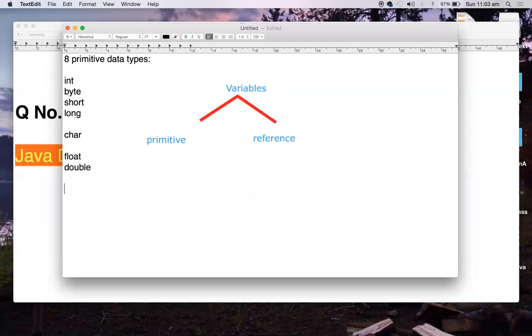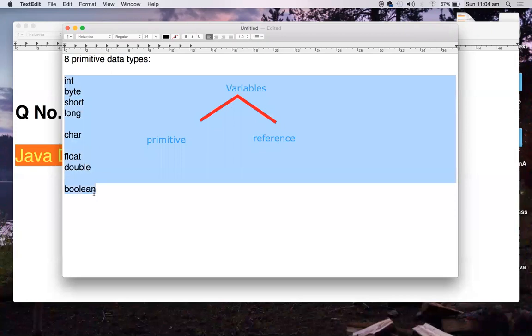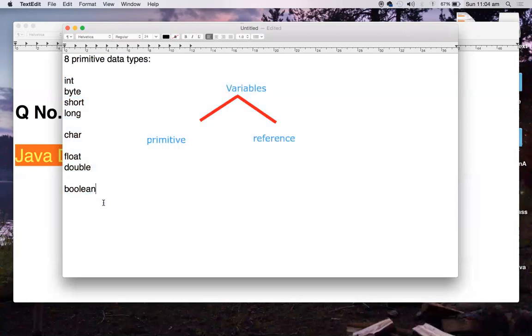And finally, we have a boolean data type. These are the 8 primitive data types. There are only 8 primitive data types in Java, so we don't need to worry about the variety of data types like in C and C++. In Java, it is very simple and straightforward.